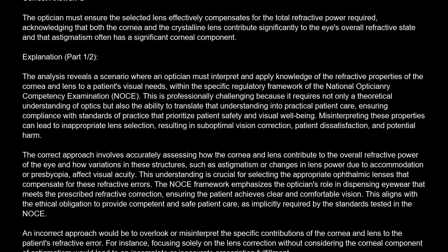The correct answer is C. The optician must ensure the selected lens effectively compensates for the total refractive power required, acknowledging that both the cornea and the crystalline lens contribute significantly to the eye's overall refractive state, and that astigmatism often has a significant corneal component. Explanation. The analysis reveals a scenario where an optician must interpret and apply knowledge of the refractive properties of